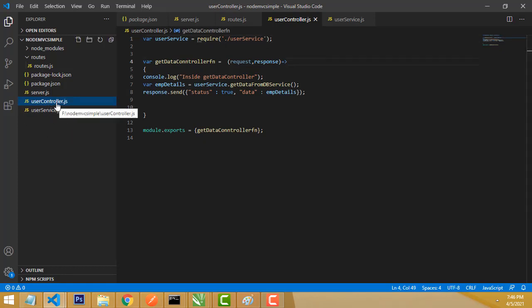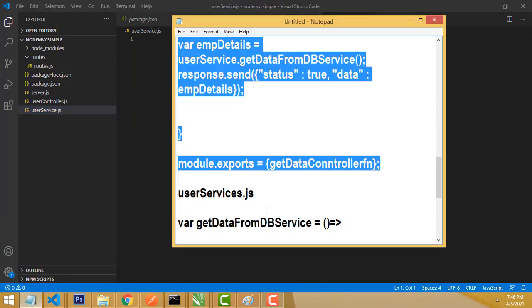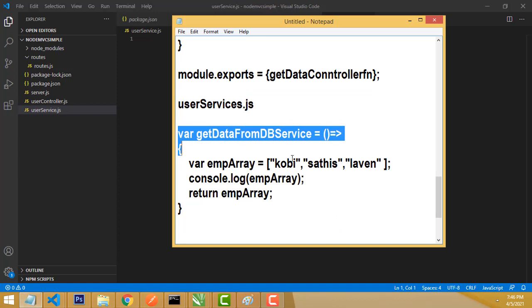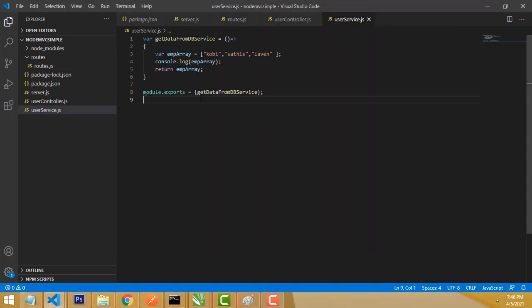Now first understand the service, right? In the user controller, first we created the variable userService with require. You get all whatever you have written in the user service. Whatever you have written here in userService.js, you have already written this one. Here inside the user service you can see this is the arrow function. It's called an arrow function, the same thing as a function. Whatever you have written here, var, here we have some data we have written. Okay, all this data will be put into the array.